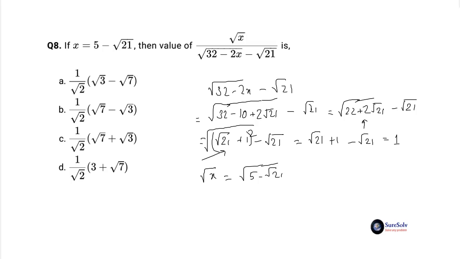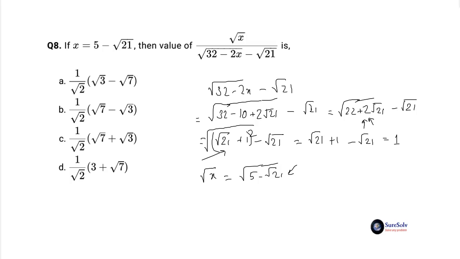This was the first double square root surd simplification, and now we have to simplify this double square root surd again. The first one was easy because the coefficient of 2 existed with the surd term, but here there is no coefficient of 2 with the surd term root 21. This is the second method of double square root surd simplification.